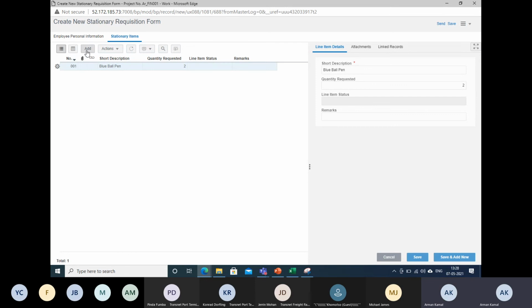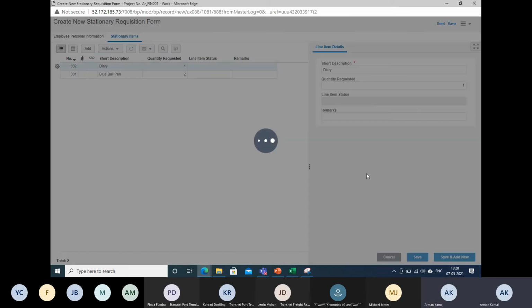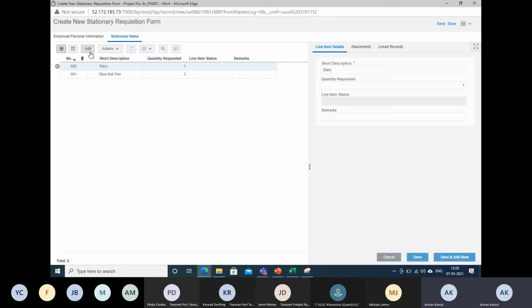Now I want to add more. I need one diary, quantity one item. I will click okay. I will add. So this is the type of BP where you can add multiple line items.